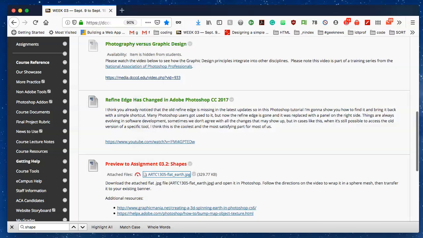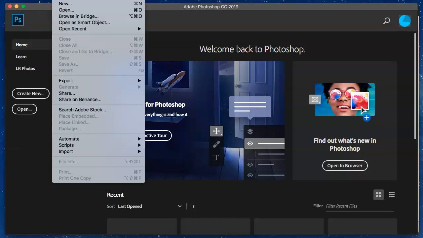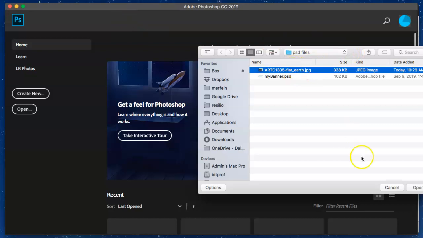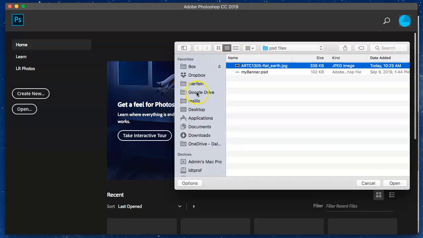I'm going to open up Photoshop, and there it is, and let me go open up the file that I just downloaded. I am clicking the file menu. I don't know if you can see my menu up there. I click file and select the file I just saved. I saved it in this PSD files folder on my desktop. By the way, I'm using a Macintosh computer. Your PC experience should be very similar. Just keep track of where you save your files. Mine are usually on the desktop. I'll open up the file,